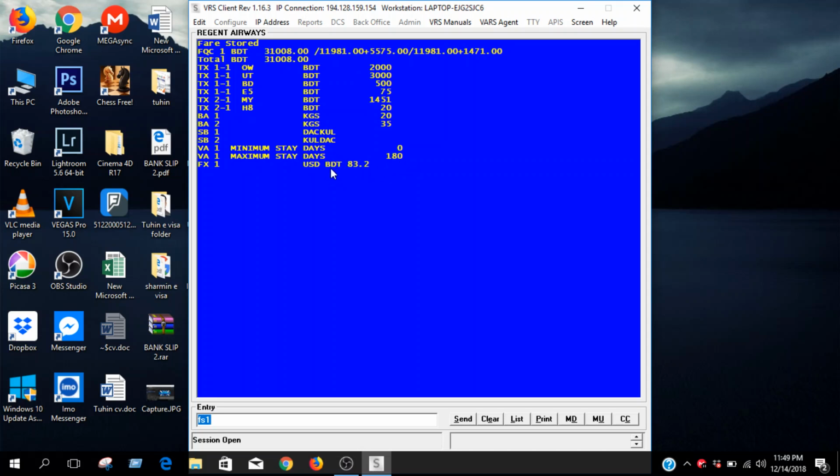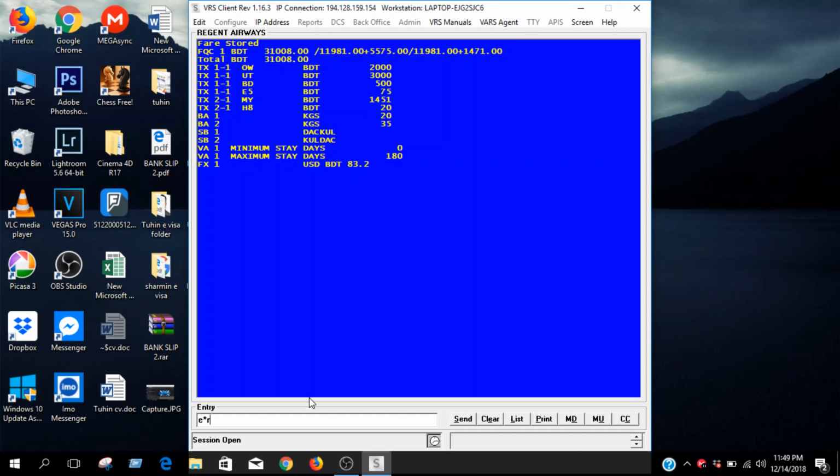Here is USD and BDT currency. $1 equals 83.2 and here is all tax. So FS1 is complete. Then you have to E star